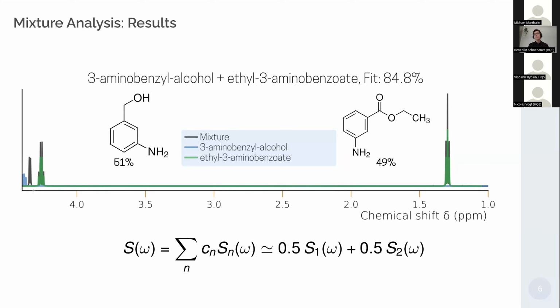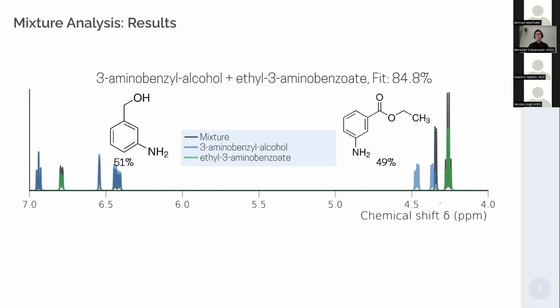And whereas the previous spectrum, where I just guessed something, looked very good in this ppm range, this automatic fit, where I did not input anything, I just said analyze this and optimize the Wasserstein distance, looks worse in this range. I mean, most of the spectral weight is still somewhat accounted for, but we can then look at the upper ppm range, and here we see, okay, even these characteristic aromatic ring spectra are now accounted for